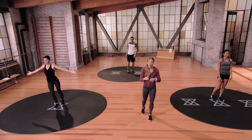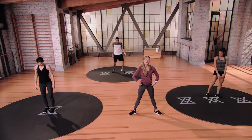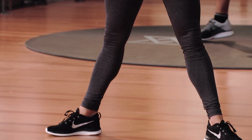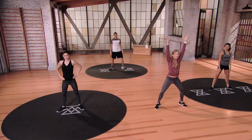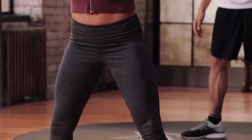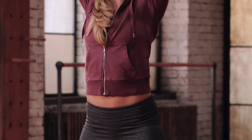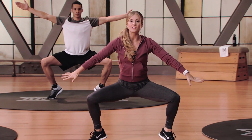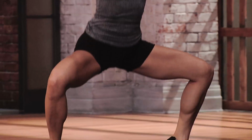Ballet squat is next. So I want you to turn your toes out, beautiful turnout position. Hands are gonna go up overhead. I want you to lift up. We're gonna lower down for 2, hold for 1, lift for 2, hold for 1. Time starts in 3, 2, 1. Here we go. So everything's gonna splay out, nice and slow, pause at the bottom,